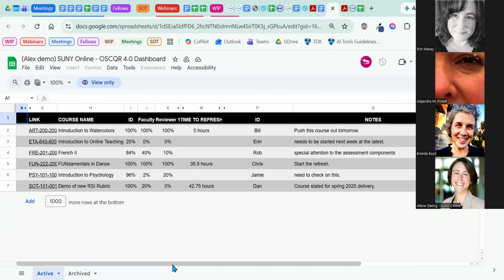So you can see on the screen, in that demo I have several courses listed, and you can see that in the first one, Introduction to Watercolors, the instructional designer has completed their review, so has the faculty person, and so has reviewer one. And there's nothing left to improve on the course.